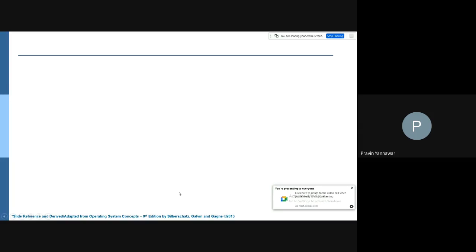Right, so the key pointers: first, the partitions are logically created, and for creation of these partitions we have two approaches.